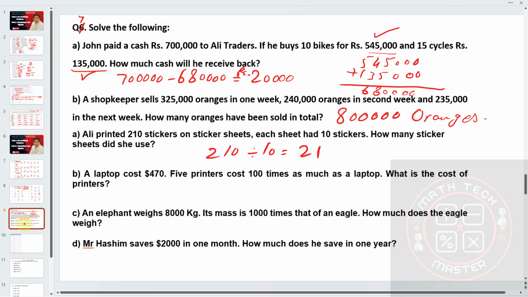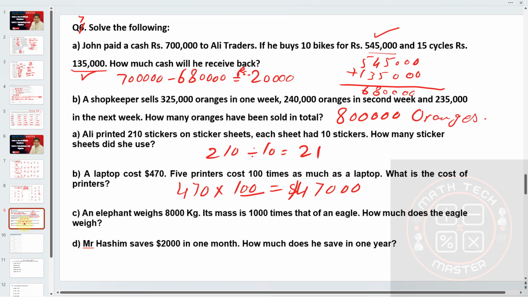A laptop costs $470. 5 printers cost 100 times as much as the laptop. What is the cost of printers? So the cost is 100 times. So what is 100 times 470? Simply add these two zeros after the number. So we will get